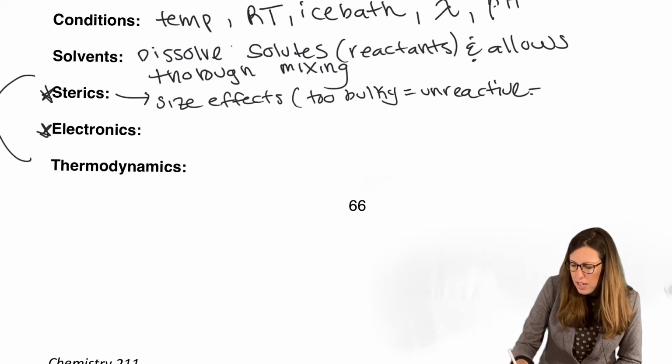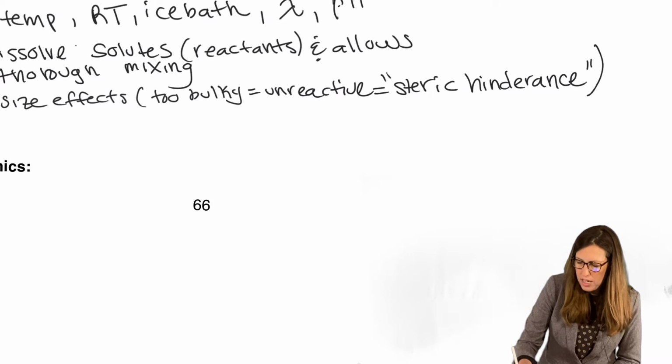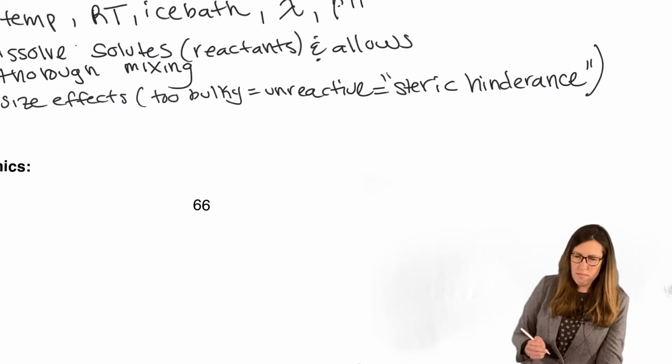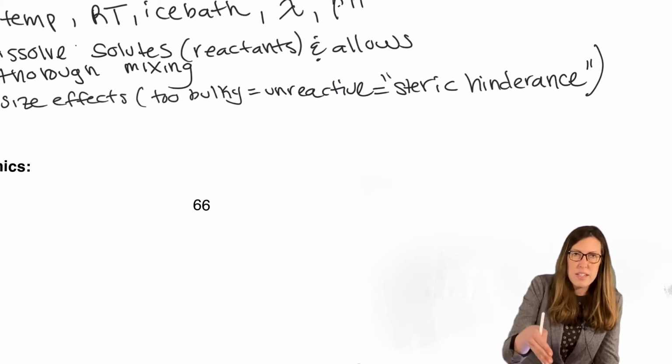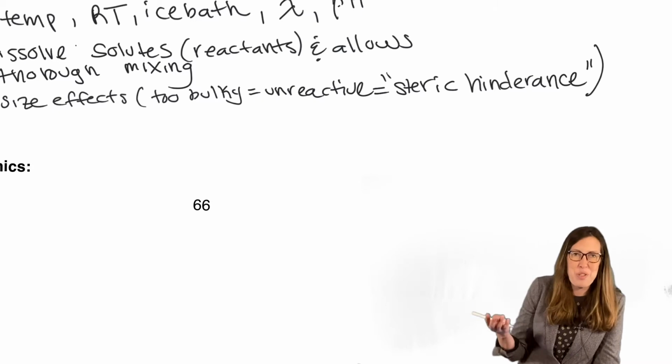We say that has steric hindrance. Steric hindrance stops the reaction from happening. The steric bulk hinders the reaction, because the reagent needs to get in there and collide into the atom to react. If it's too small, that's not an issue. It gets in there. If it's too big, it doesn't.